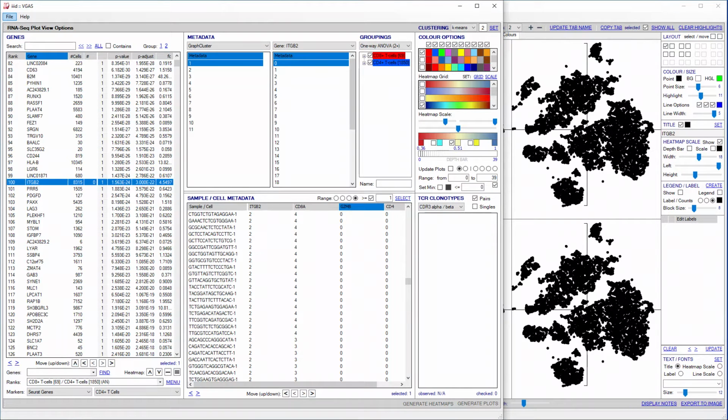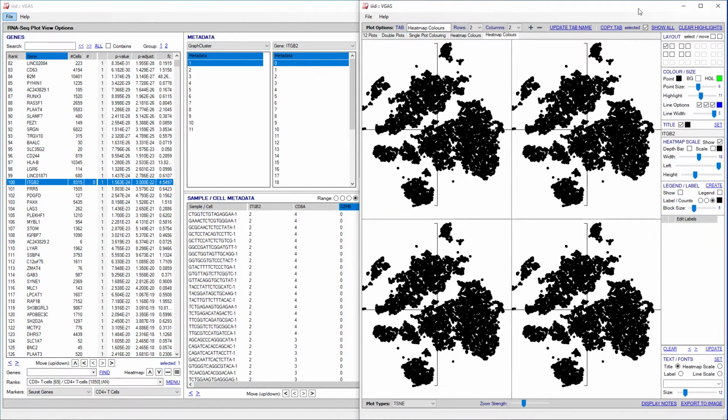This tutorial demonstrates how to use the Visual Genomics Analysis Studio VGAS to color plots using heatmap coloring. There are multiple ways a user can apply heatmap colors to their plot. Users can select the plot they wish to apply the heatmap colors to,